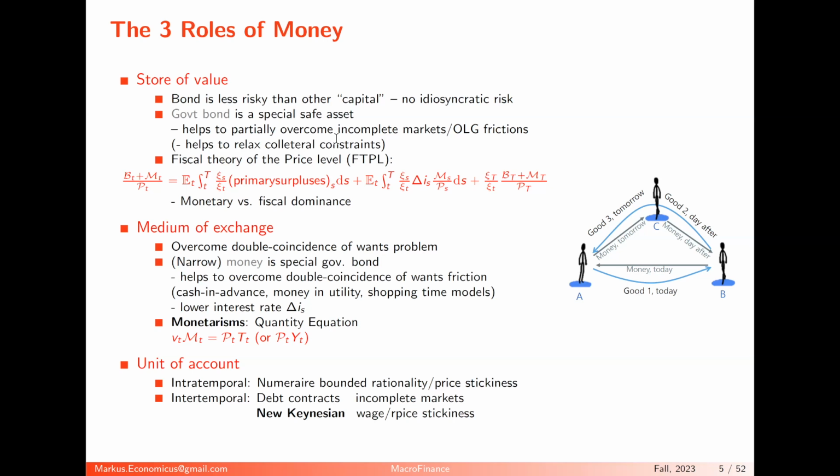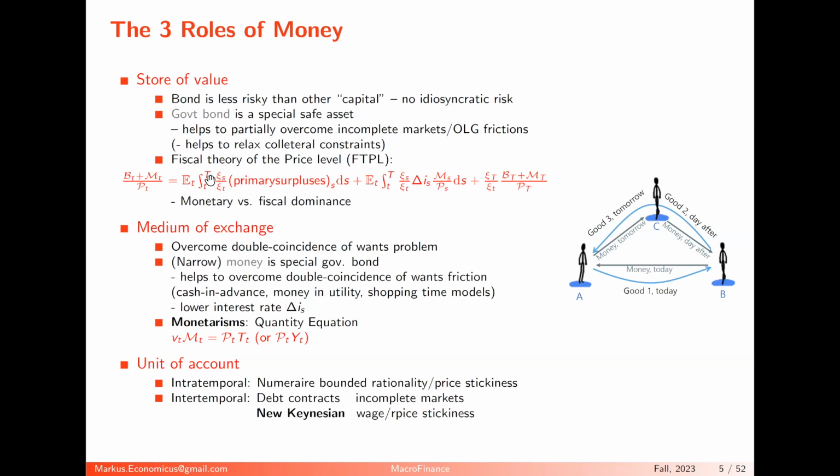And the store of value emphasis is very much what the fiscal theory of the price level is touching upon. So the fiscal theory of the price level has many elements. We will touch upon this after next Wednesday. But typically, one element is a key equation, the fiscal theory of the price level equation, which is the value of all government bonds in nominal terms plus the value of all the money divided by the price level. So it's the real value of all of that, is the expected present value of all primary surpluses of the government. So how much of the deficit or surpluses of the government budget, excluding the interest payments. That's why it's called primary surpluses, because it does not include the interest rate payments.